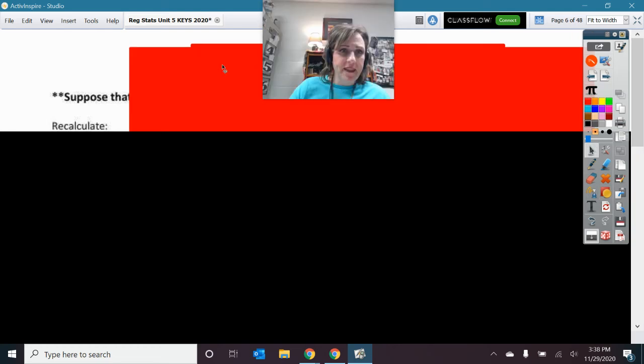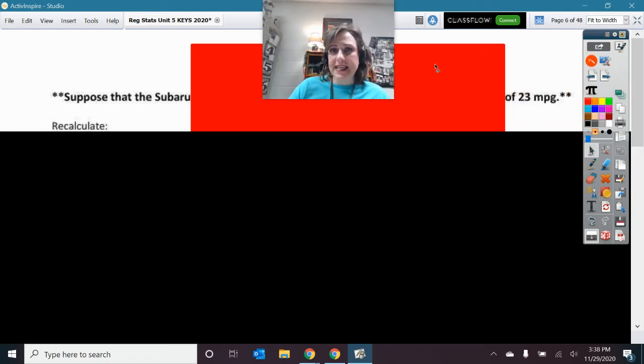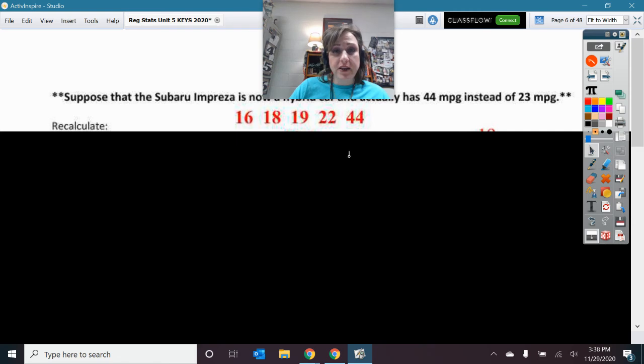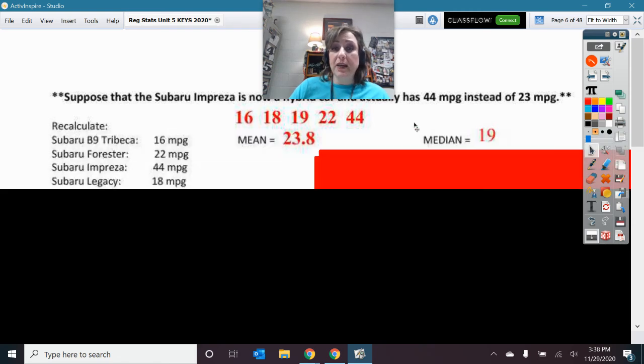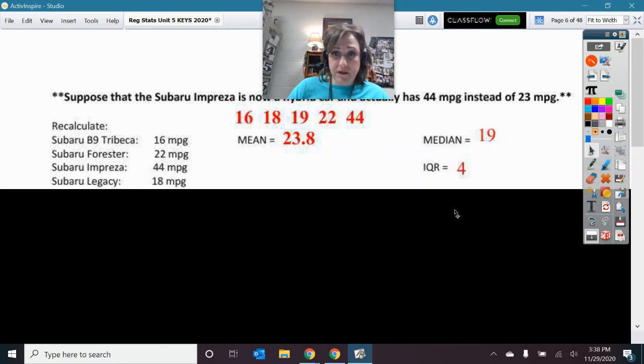All right, so let's take a look at that. Let's see how you did. You had to recalculate the mean. So the new mean is 23.8. So it definitely was affected. The mean was affected. Look at that median. It's still 19. Okay. Now, interestingly enough, is that our IQR, the original way that I had done that, was